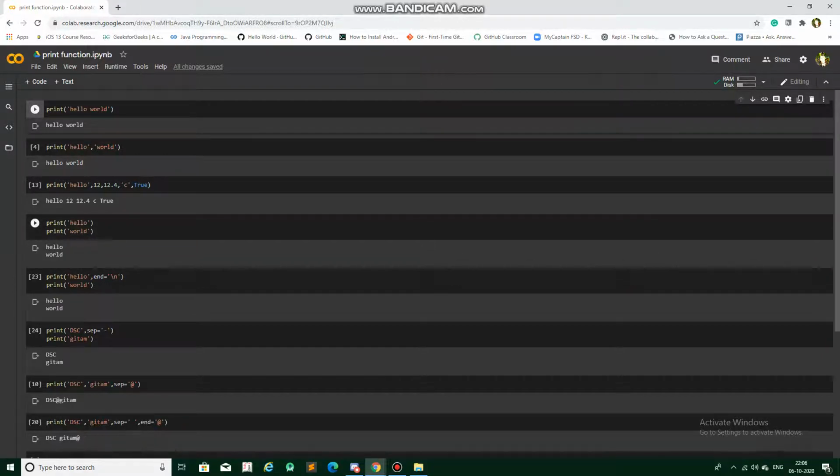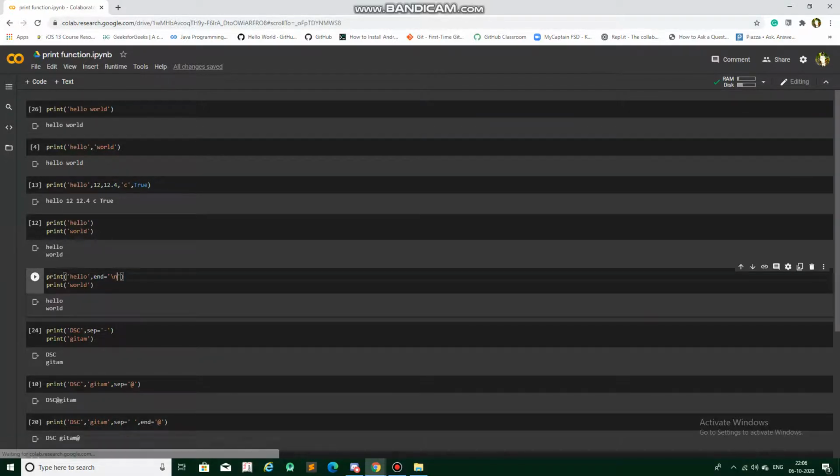Now, as I said in the PPT before, I'm going to discuss this. In this case, I've taken two strings and printed them in two lines. The print is taking care of the \n character; it prints hello, then goes to the next line and prints world. But what if I want to print both strings on a single line? Then comes the concept of end. By default it has a \n, so I'm going to remove that.